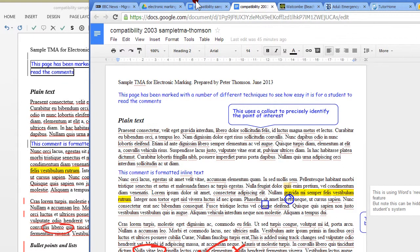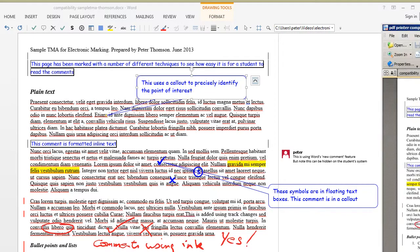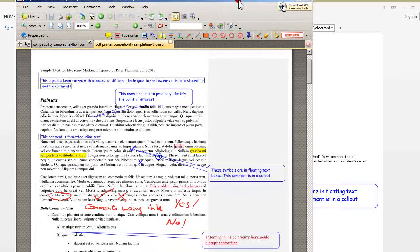However, if we save our document as a PDF, so we've carefully crafted our marked document, and this time save it as a PDF. So in PDFXChange Viewer, we have the inline comments with formatting. The callouts point to exactly the same place as before. The ticks and crosses and symbols are in the correct place. Inking is visible. Track changes is visible,